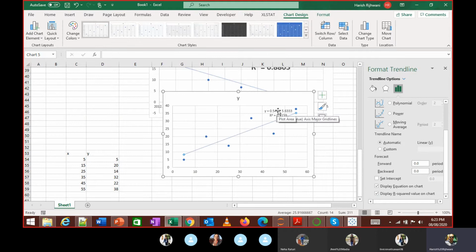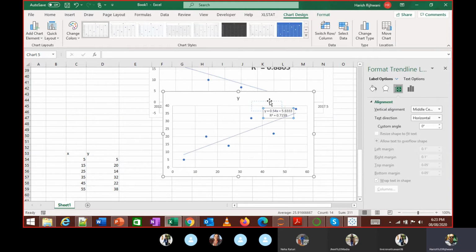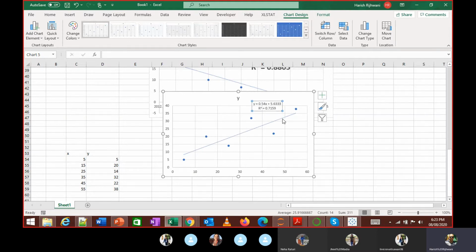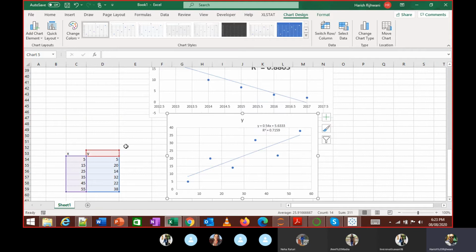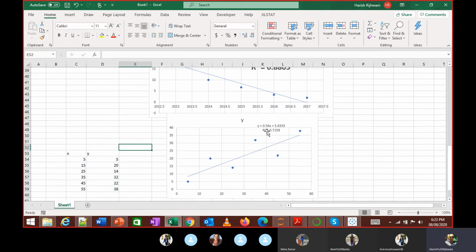Display this equation and display this R square value. So we should be getting this same value when we use it through Python also. We should be getting the same value of the intercept and the coefficient, and the R square value should also come the same. Make sense? Do you agree? Yes or no?